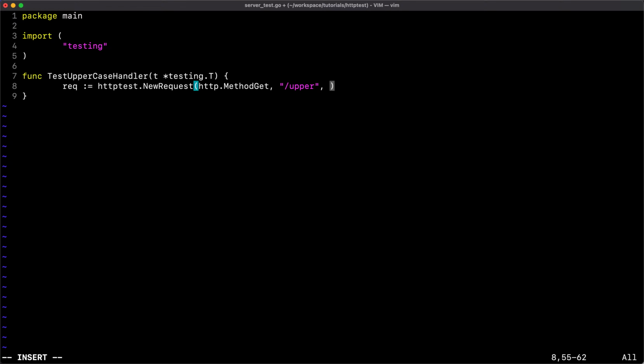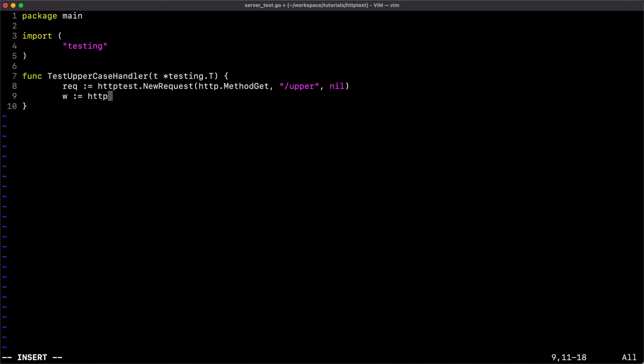You can put whatever you want here because it's not really related to your test. It would matter only if you were retrieving the path from within the handler itself, but the handler is not aware of the path, so anything will work here. And then the body, which is nil in this case because it's just a GET request, not a POST request.